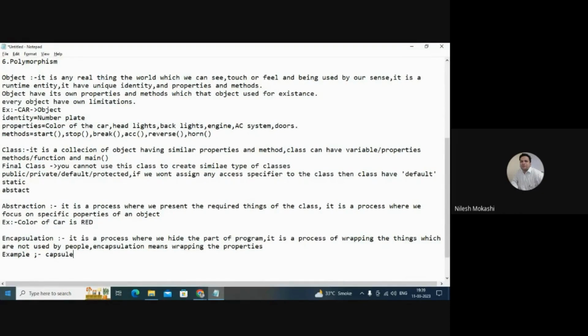We want to make ourselves pure, and we do that by taking a capsule. Why would you want to see the color of the capsule? The color is hidden inside that cubical shape, and that demonstrates encapsulation. So presenting something is called abstraction, and hiding something is called encapsulation.